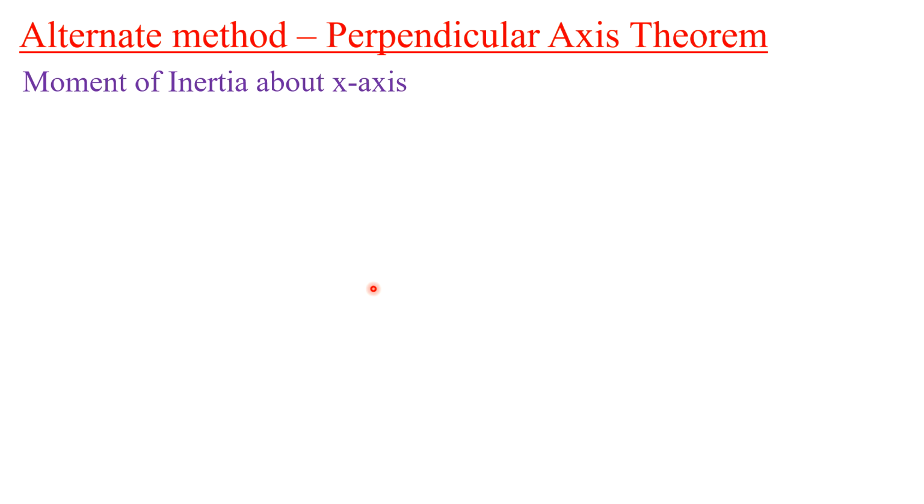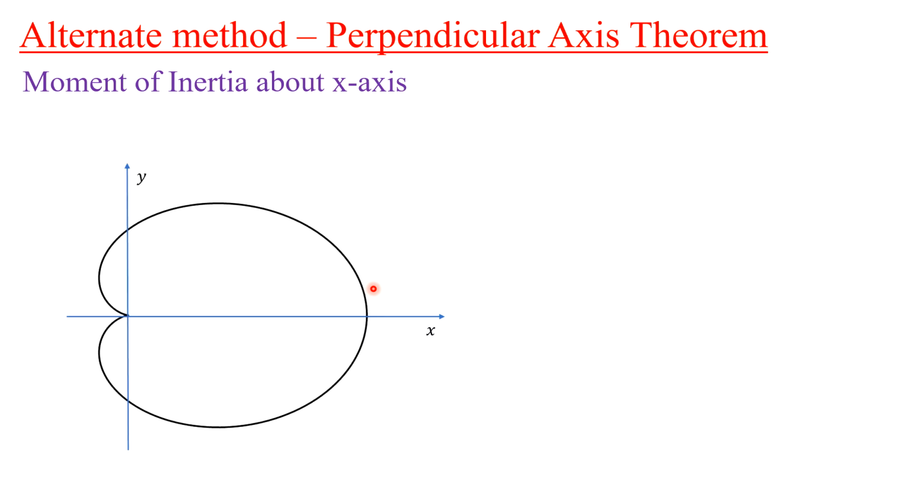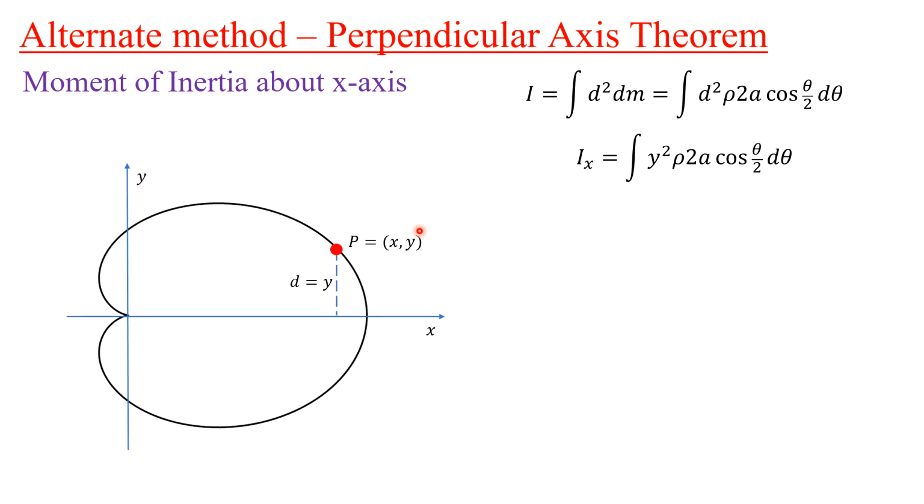Okay, so for the moment of inertia about the x-axis, that is Ix, we can use this diagram. Let us take any point P on this arc. Now what is the distance of this point from the x-axis? As we know, for any point P(x, y) in the xy plane, the distance of that point from the x-axis is nothing but its y coordinate. This height is nothing but y. So d is equal to y, and therefore Ix will be the integration